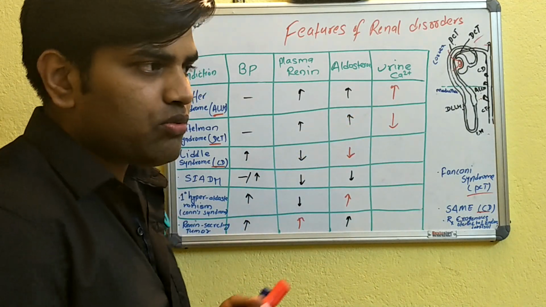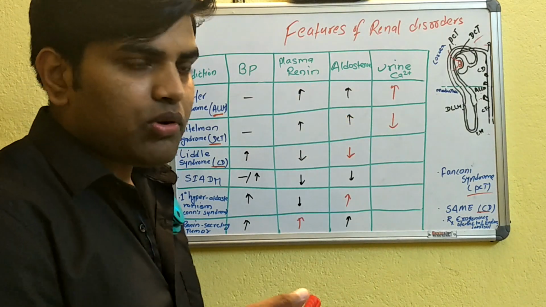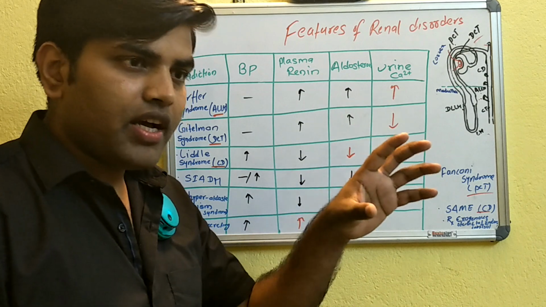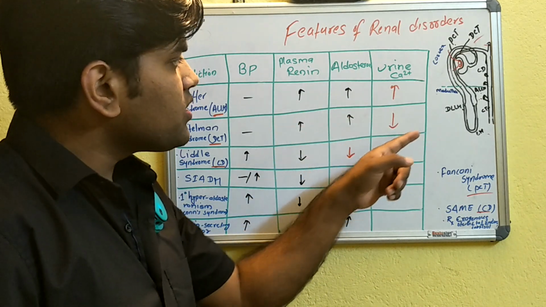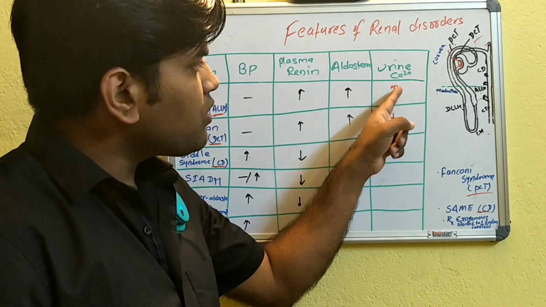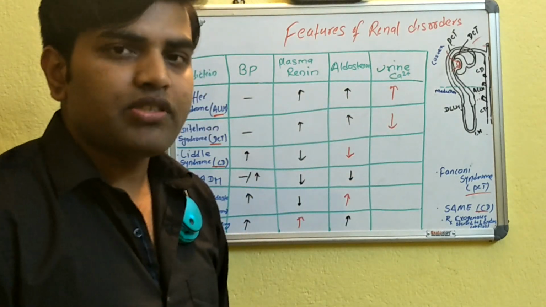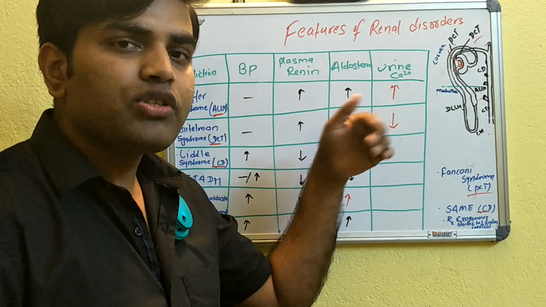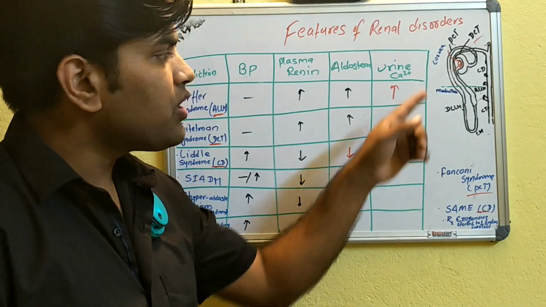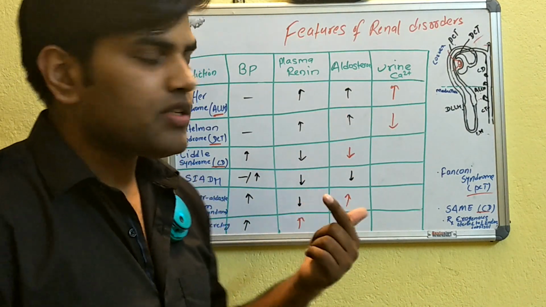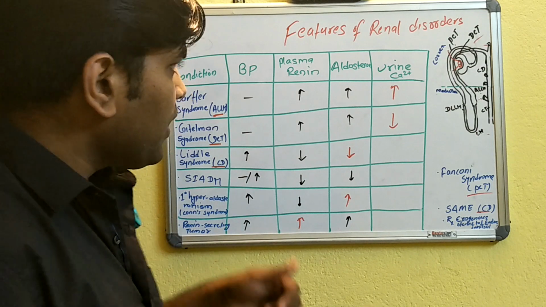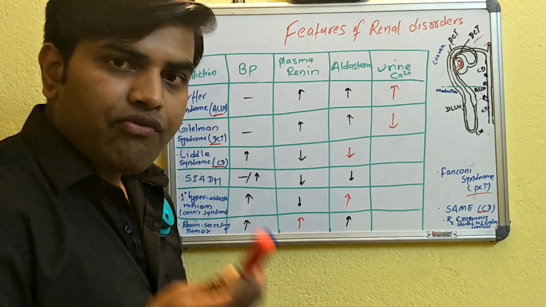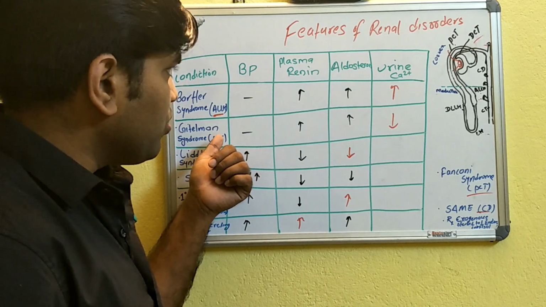I have talked to you that when we are talking about the sodium potassium two-chloride channel, if they are absorbed, then only through the paracellular space calcium is absorbed. If calcium is not absorbed, it will be excreted in the urine, so urine calcium will be more in case of Bartter syndrome. In case of Gitelman syndrome, which is an absorptive defect of your distal convoluted tubule, there